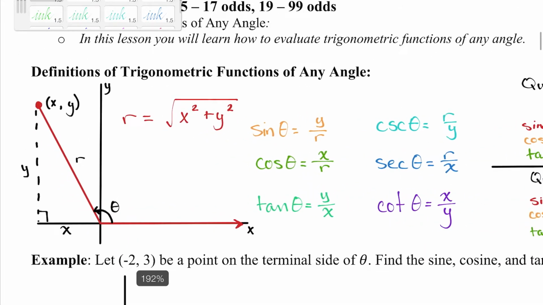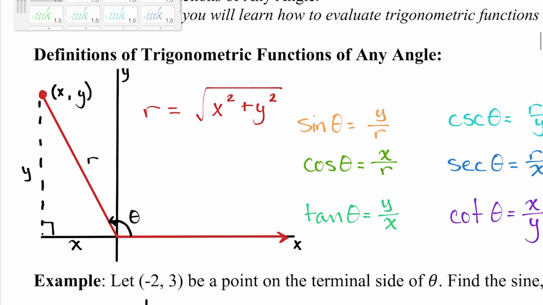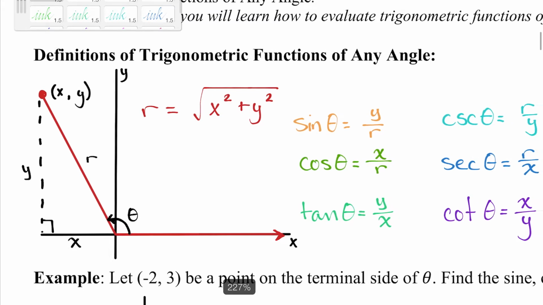So when we're doing this, some of the important bits we need to remember is, one, how to find a hypotenuse. This is an altered version of Pythagorean's theorem, where instead of doing a squared plus b squared equal to c squared, I've taken the square root of the hypotenuse and just have my x and y there. And we're using x and y and that r value in order to find our sine, cosine, tangent, and all of their